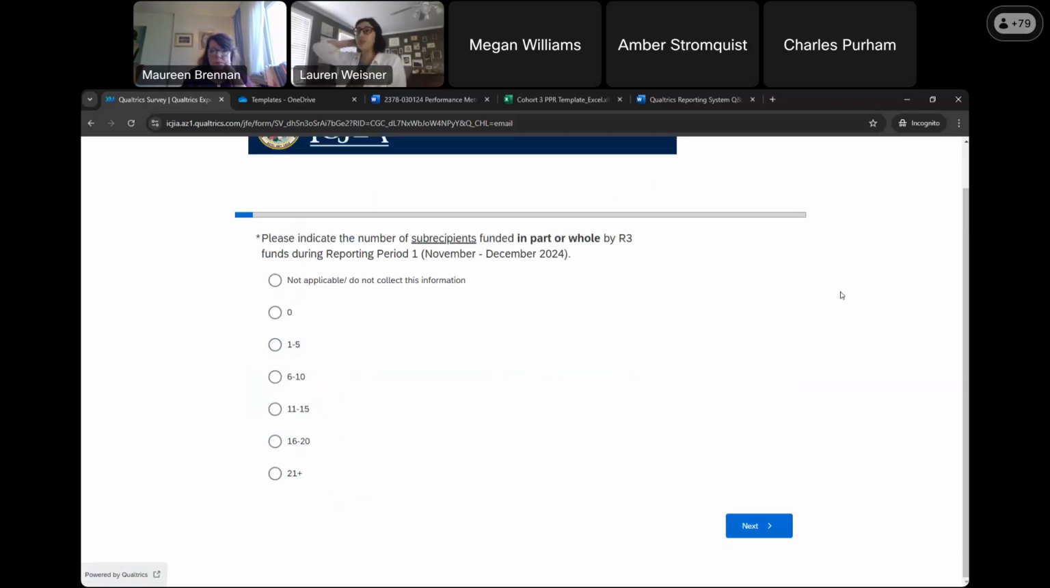So if you are a collaborative, there is a possibility that you will be funding subrecipients as a part of the R3 grant. We ask you to provide information related to that. So for the sake of this testing, my organization is set to a collaborative to show you that there are specific questions related to collaboratives that single organizations will not be seeing. So if you're a single organization, you will not see some of these questions, but just for demonstration purposes,